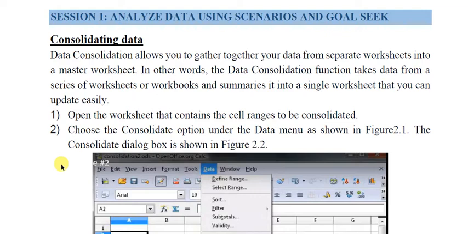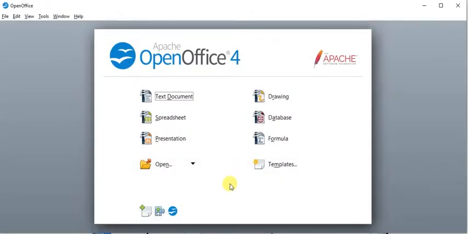So when you work on OpenOffice, there will be separate worksheets and you can group those values, you can call those values in a master spreadsheet. I think you know how to open this spreadsheet in OpenOffice. Let's see. This will be the screen when you open OpenOffice, and you will use this spreadsheet link to open the spreadsheet.